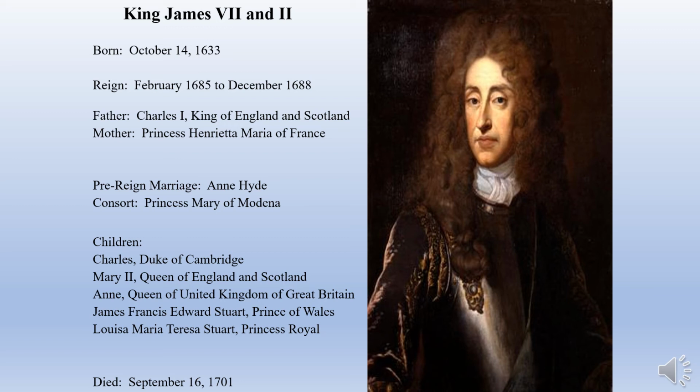Well, in 1688, his wife, Queen Mary, gives birth to James Francis Edward Stuart, who will now be the Prince of Wales. He is now the first in line to the English throne, not the third, remember, because boys jump girls. A few years later, Louisa Maria Theresa Stuart will be born. She will be the Princess Royale, which is the title that is normally given to the king's eldest daughter. But I'll explain basically what happens there in a minute. He's no longer in England, so the title means very little.